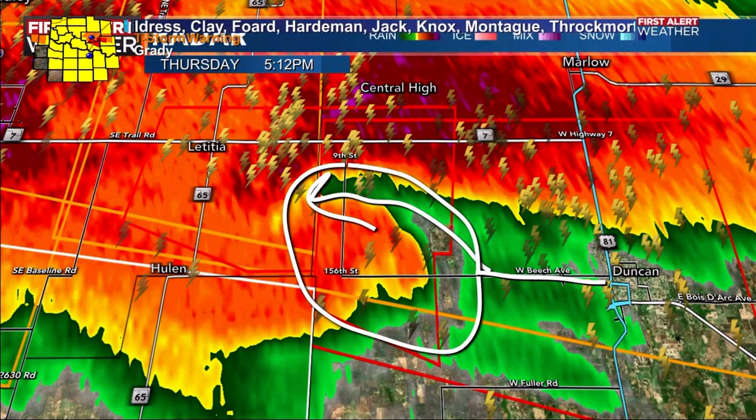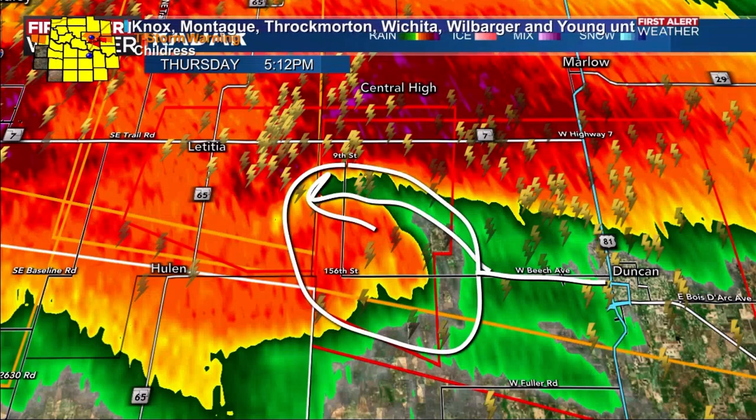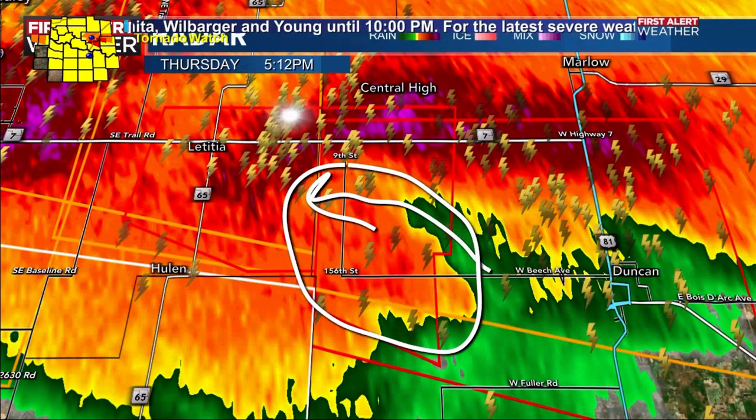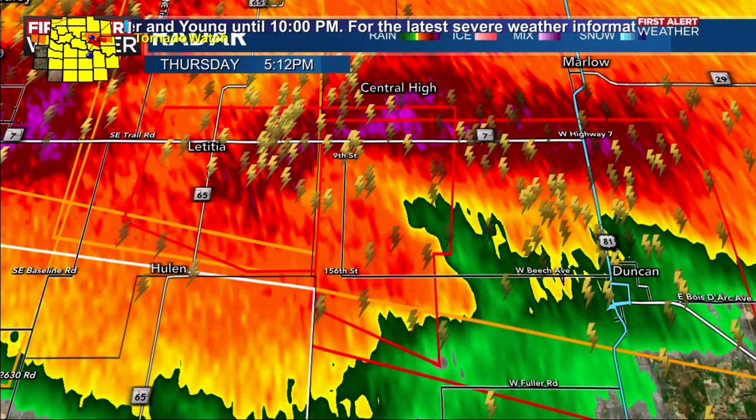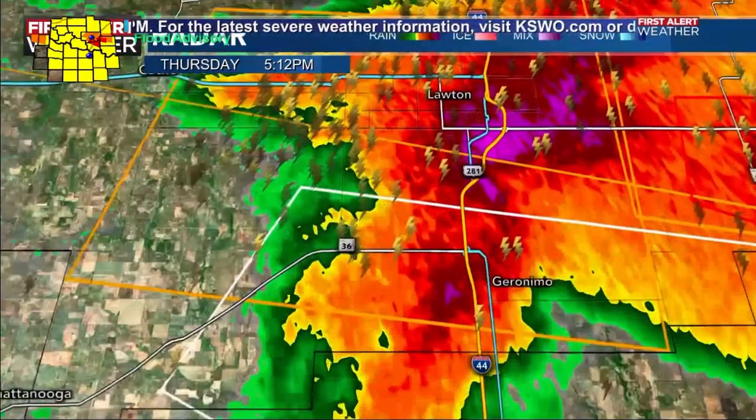We are looking at it moving at 45 miles per hour, so it is moving pretty quickly right now towards the area. If you're in Duncan, you definitely need to be in your safe place, as this system will be moving very fast into the area. Let's zoom out a little bit too, as I know Geronimo had some reports